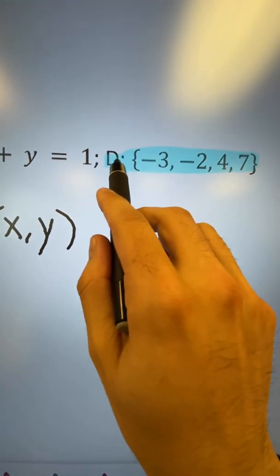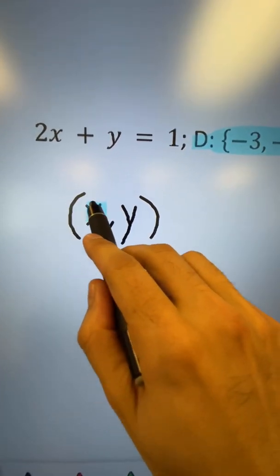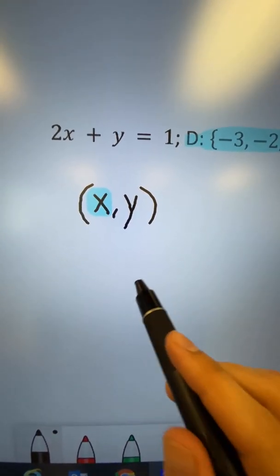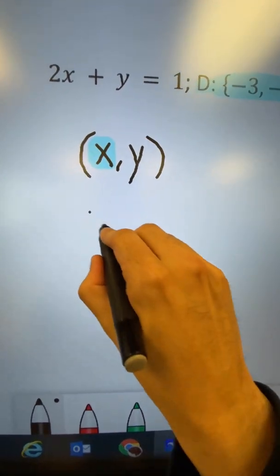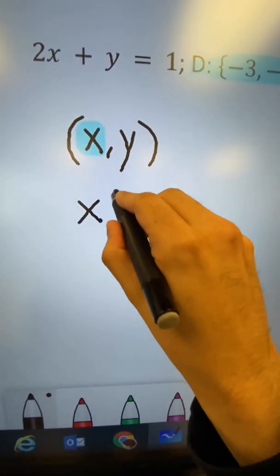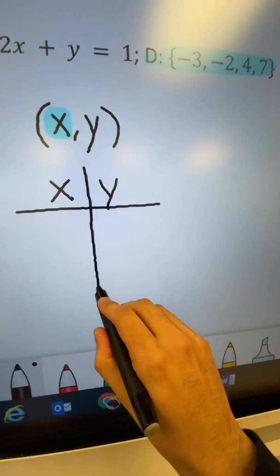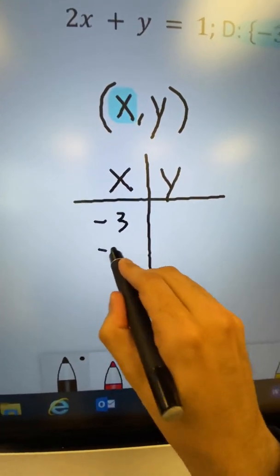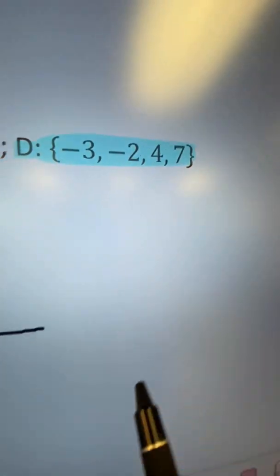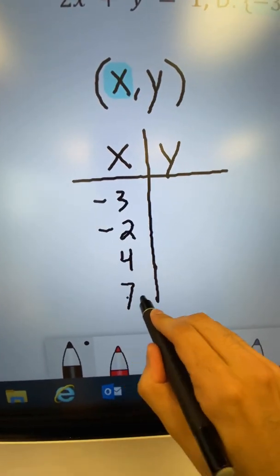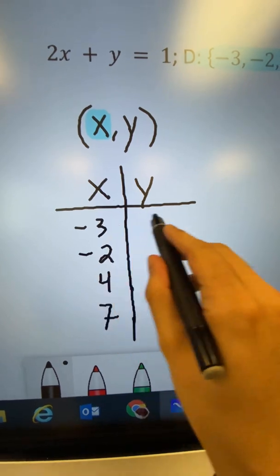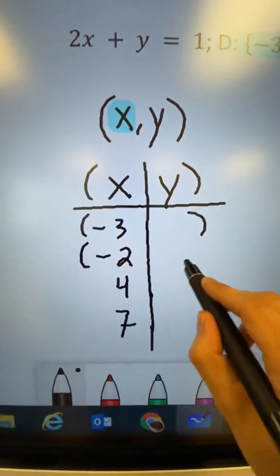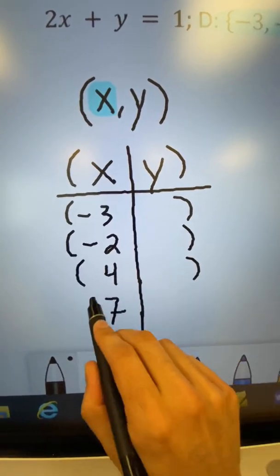But you can see the domain only represents these numbers so far, the x values. So what we have to do is find the y values. The way you're going to find the y values is you can make a table. So I'm going to make an xy table, and I'm going to write down all my x values, my domain. So I have -3, -2, 4, and 7. My job is to find out what the outputs are for each of these. And once I find them, you'll see this will be my 4 points, which I'll use to plot on